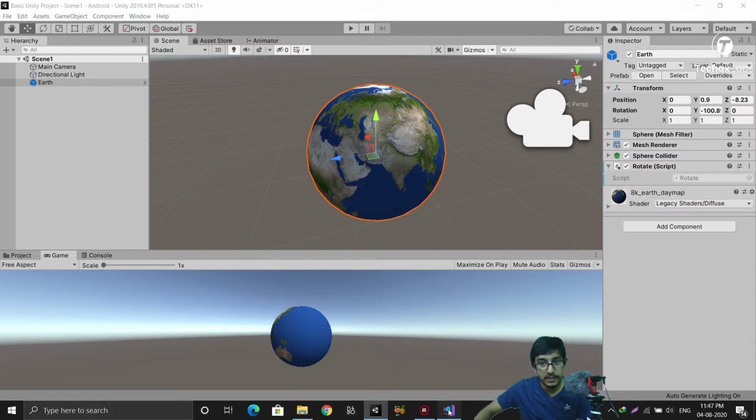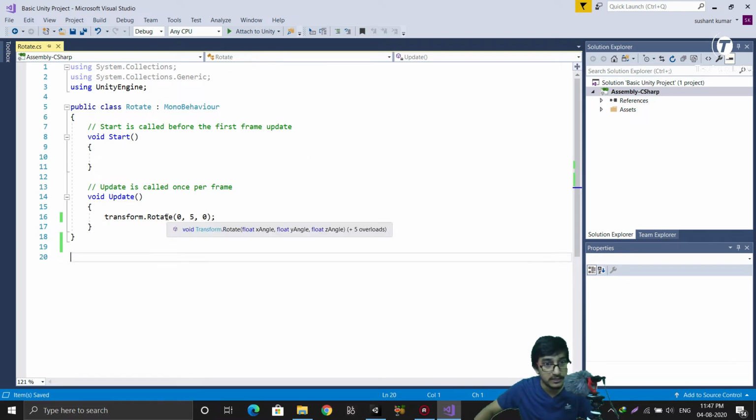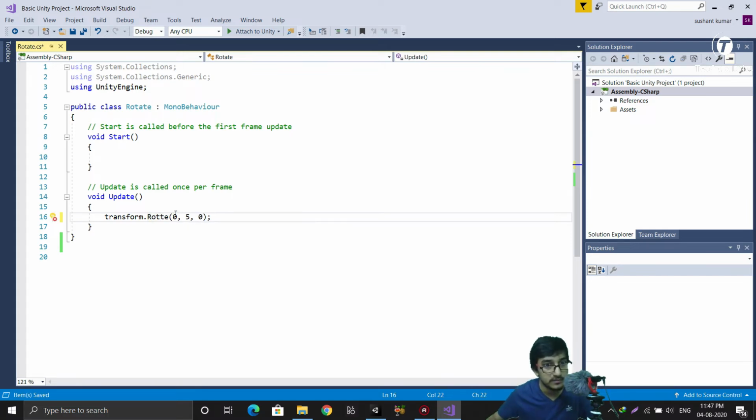I have saved my script. I pressed Ctrl+S. Here you can see my script does not have any errors. If you get any error, let's create an error first. I will delete something. So here you can see I have created a script which has some errors, and you